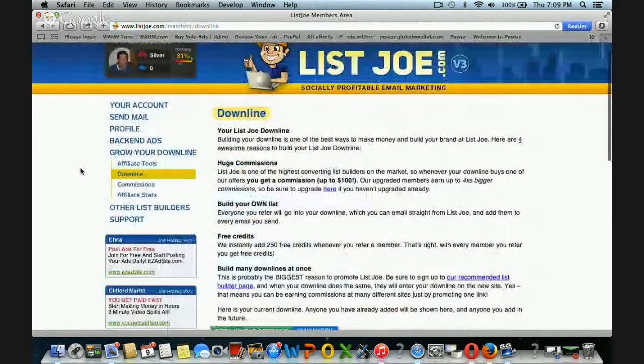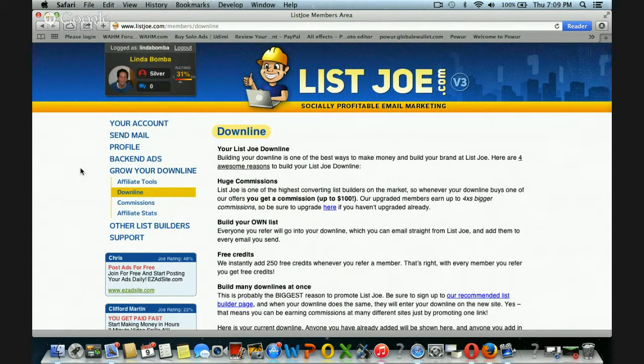What that actually means is that when somebody upgrades, not only can you earn commissions on your downline, you can earn commissions on your downline's downline, their downline, and it goes down six levels deep, which is really cool, because it doesn't take a whole lot of you referring people here, even if you have an upgraded account, that it still won't cost you anything. And if you do this consistently, it was something I hadn't thought about.